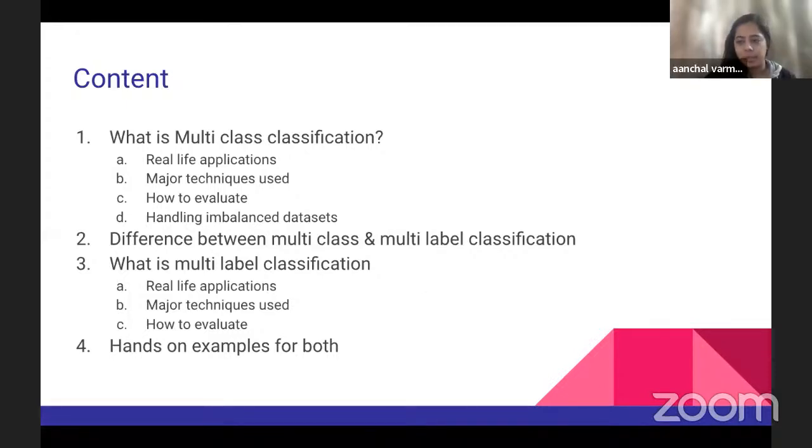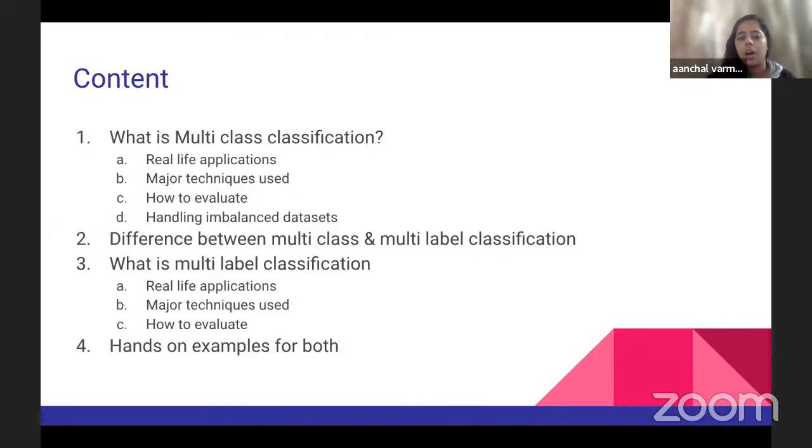Before diving deep into understanding each topic at once, I'll just give a brief of the discussion that we'll be having today. We'll be knowing a bit about what is multi-class classification, where in real life we can actually use this algorithm, how to perform multi-class classification, what are different techniques that are in broad terms used, how do we evaluate problems like multi-class classification, differentiating them with respect to binary classification, which we have been knowing about for a very long time. And one of the major problems with multi-class classification involving imbalanced data sets and how do we